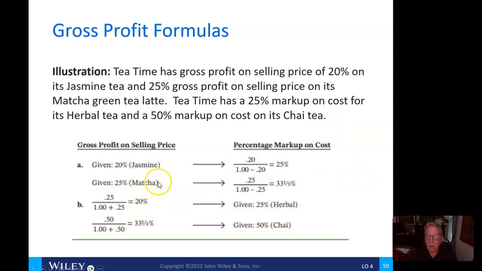Okay, so based on that, we can now calculate these percentages of markup on cost by taking the given 20% and then taking 1 minus 20% and dividing it into 20%. That will give us these three numbers. And the same thing for herbal tea and chai tea. Okay. So now once we know that,